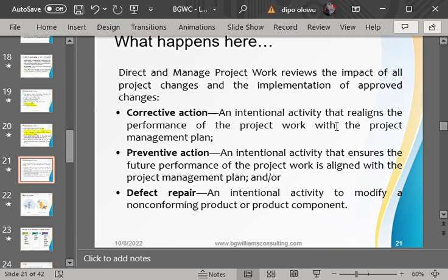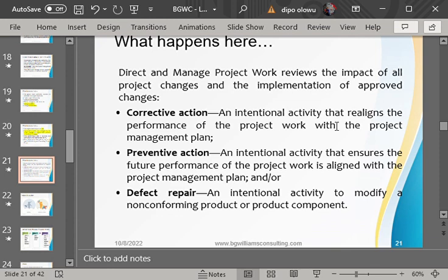Now, what then is a corrective action? A corrective action technically is that action that is taken by the project manager after he has discovered that there is an error or there is a discrepancy from the plan or there is a variation from the plan, to realign the project performance according to the work schedule.